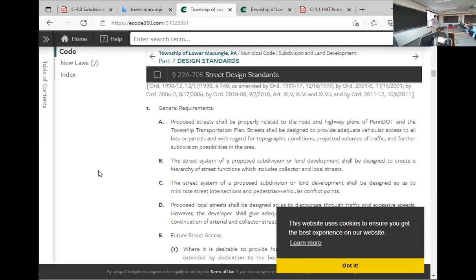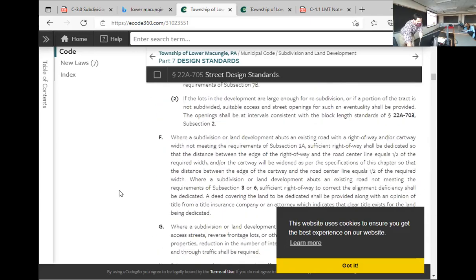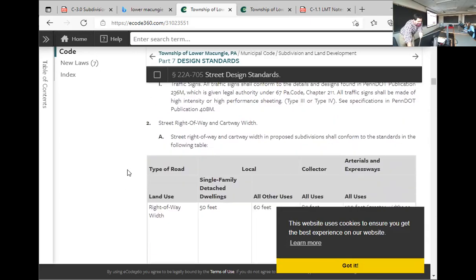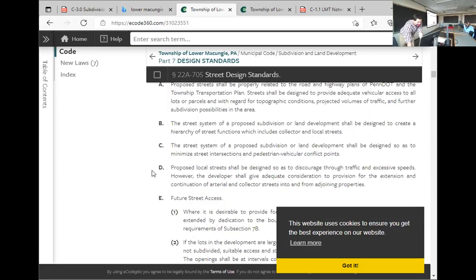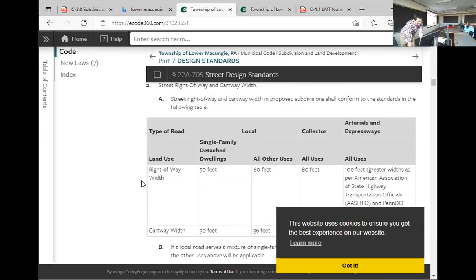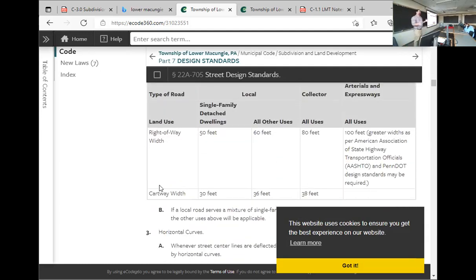All right. General requirements, okay, it should follow PennDOT's requirements. Yeah, PennDOT is the overarching. Everybody remember what the right of way is? You looked at it. It's kind of like the property line for the street. Okay. This will be put up on the